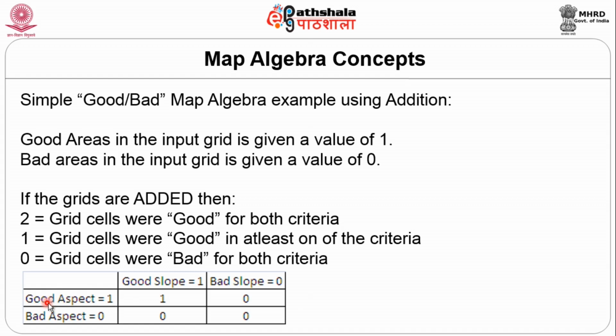So when I have aspect 1 and slope 1, good slope and good aspect, 1 will be the value. If the aspect is good but the slope is wrong, you can convert it into 0. If bad aspect, good slope, again it will be 0. If both slope and aspect are bad, the value will be 0. So you can see here, you don't get another 1 here. Normally negative, negative, positive, positive is not possible. That sort of an application is not there.